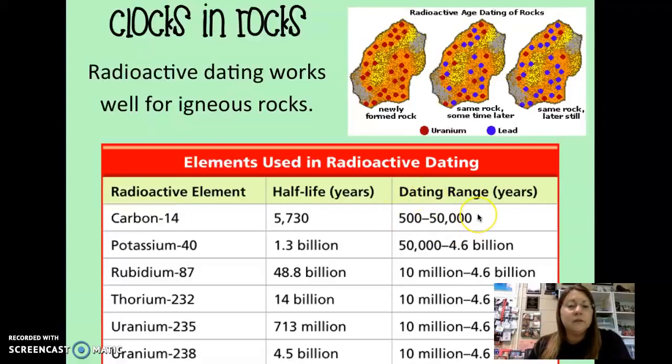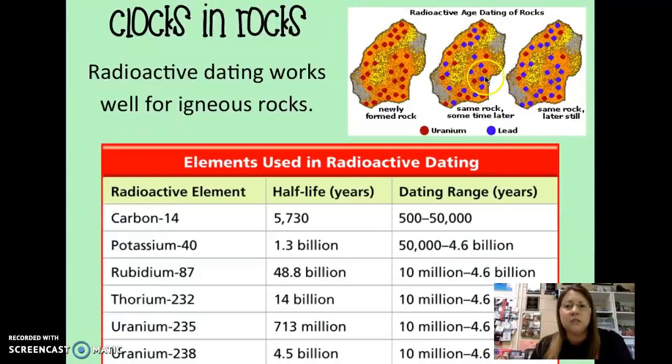And carbon-14 is going to be used for dating materials that are between 500 to 50,000 years old. So here's another example just to give you a visual. So here's rock. It contains uranium, the element uranium, and the element lead. So this one we have 100% uranium, as indicated by the key. And after a half-life perhaps has occurred, half of that uranium is remaining, so you have the red dots for the uranium, and then